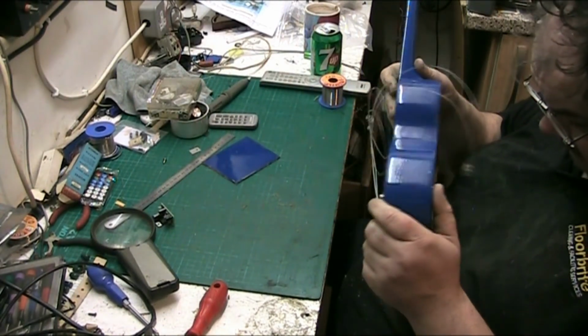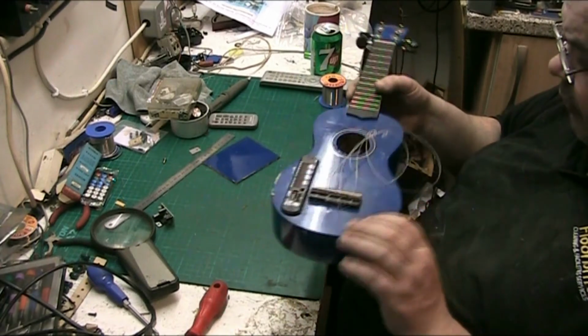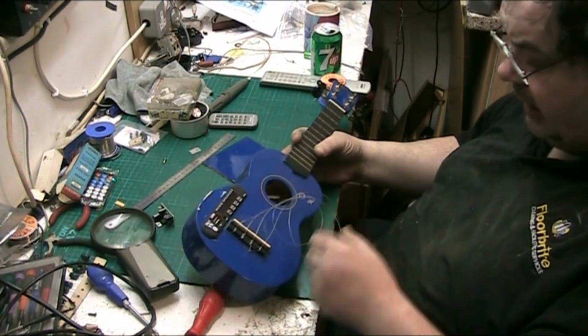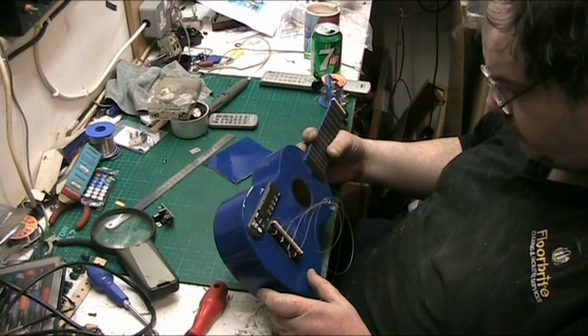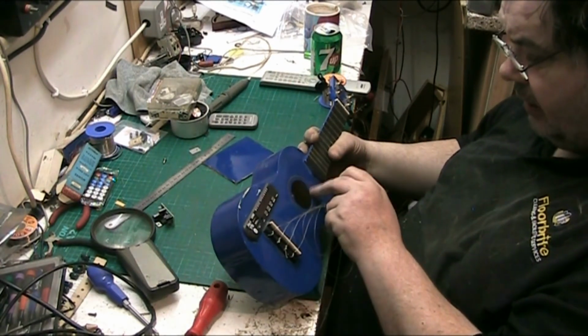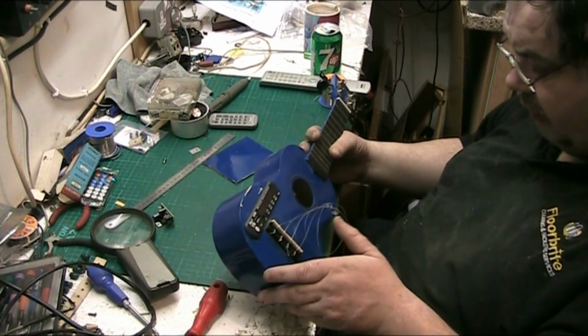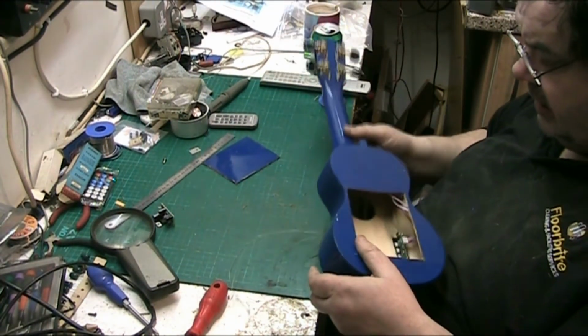But yeah, it's only going to be a mono item. I'm going to wire them both left and right into one, and the speaker will be mounted here, obviously, where the sound hole is. And the amp,